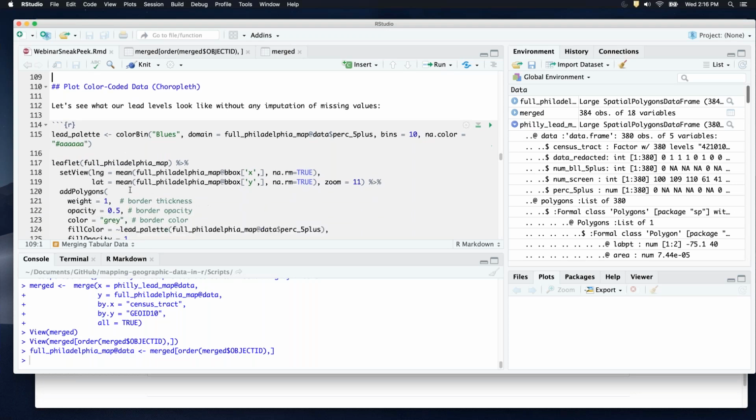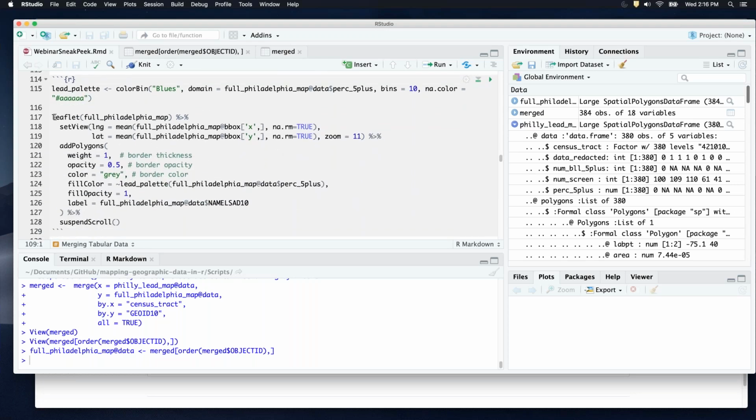And I'm going to once again do a leaflet map. This is sort of what we've seen before, right? Except this fill color. Earlier, I just said fill color equals white. And now what I'd like to do is have a dynamic fill color so that the dynamic fill reflects wherever in this palette, whatever color should correspond to the lead level for this particular tract. And again, I'm going to add a label and suspend this scroll. So let's run that